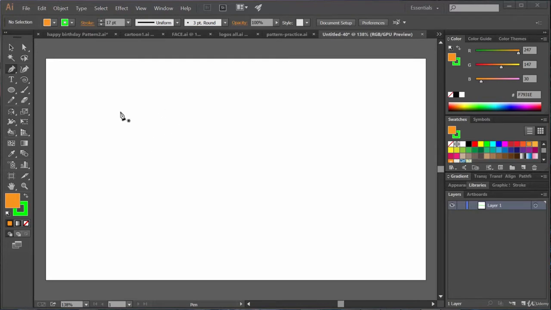First of all, let's click at any point using the pen tool. Then again, let's come to this point and click at this point again. But this time, after clicking, don't leave your mouse. Hold your mouse and start dragging.